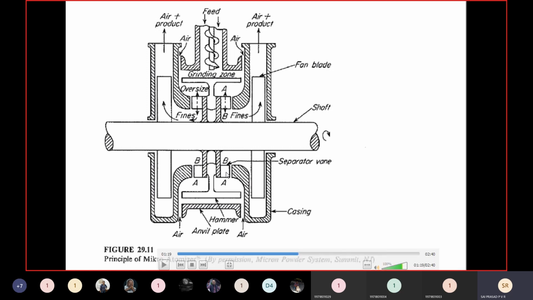We can also adjust the separator vane clearance so that we can alter the requirement of the product size. Suppose if somebody is asking for 1 nanometer, we can keep it. If it is 2 nanometer or 0.5 nanometer, these things will be done by adjusting the separator vane. Air enters, and the envelope plate is the covering part of it, and continuous dosing is done here. The particle takes the blow and then goes out from here. This is how crushing takes place in an ultrafine grinder, where particles of very small sizes are obtained and sent out from the system. It is a continuous process.